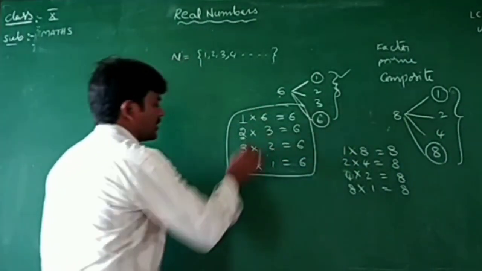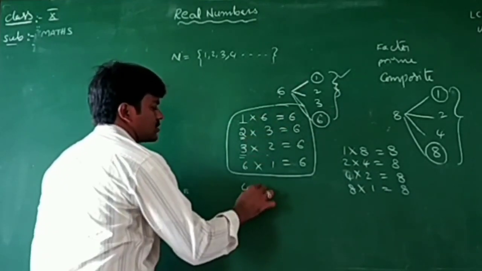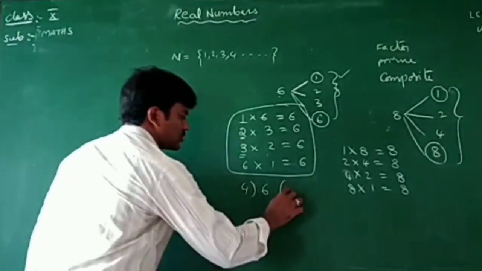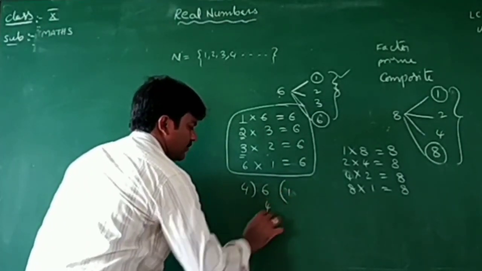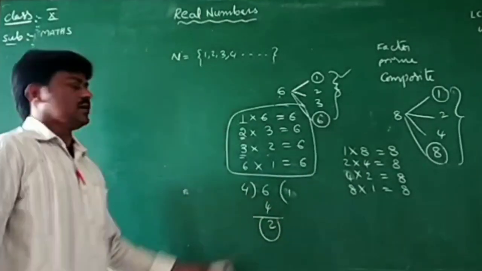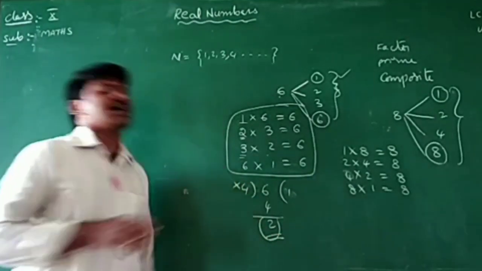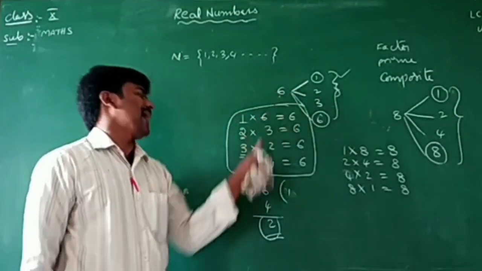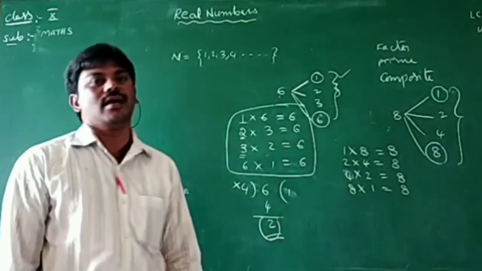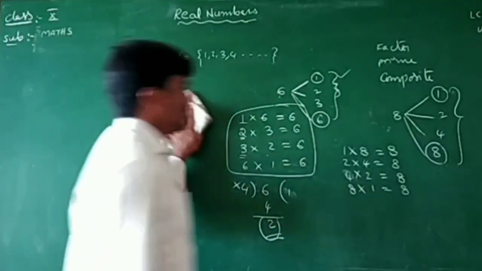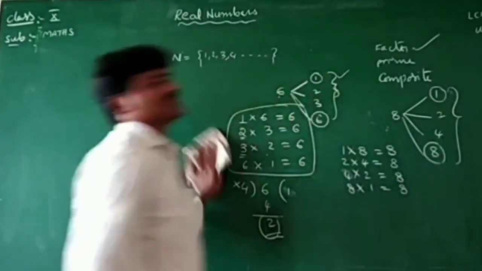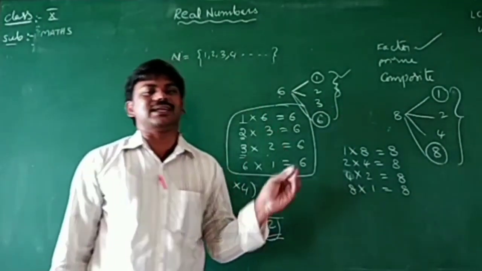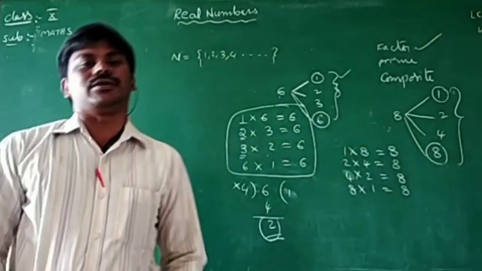Suppose, see, in this I didn't write 4 here, because 4 doesn't divide 6 exactly. 1 time, 1 4 is 4, the remainder is 2. So here a remainder is there. That's why 4 is not a factor of 6. Like that, if a number divides the given number exactly with 0 remainder, it is called a factor of the number. So the first topic, factor, is over. A factor is a number which divides the given number exactly with 0 remainder.